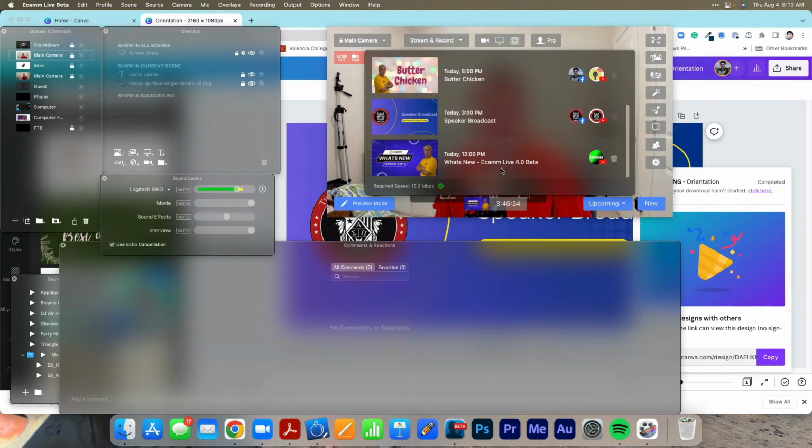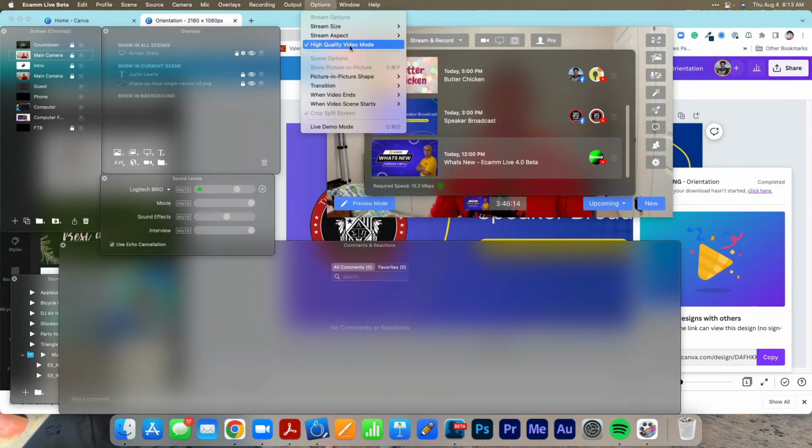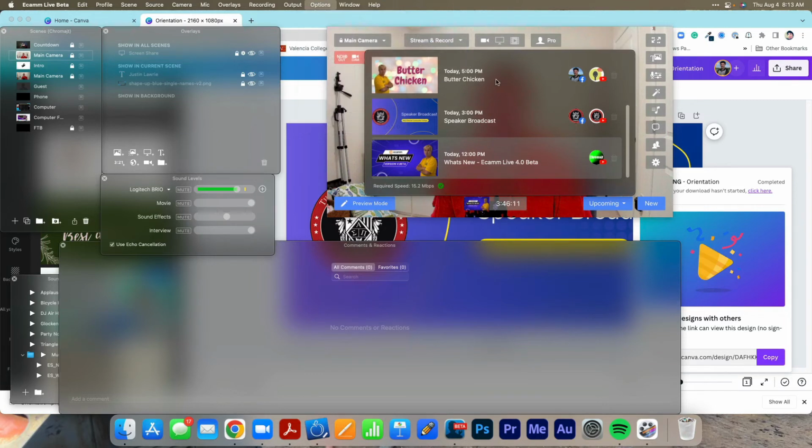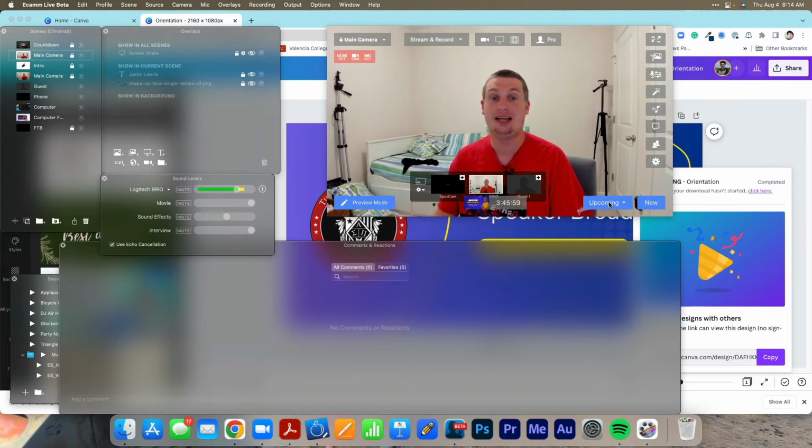But if I were to have an issue with my network, it will give me a red X saying either reduce my speed, my quality, or just no, it may not be the greatest quality. I'm going to flip that back to 1080 because I don't need to stream in 4K, because there's really no point. So that is probably the biggest new feature in Ecamm: